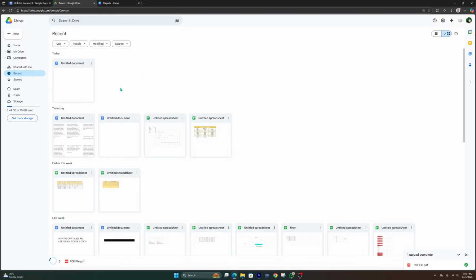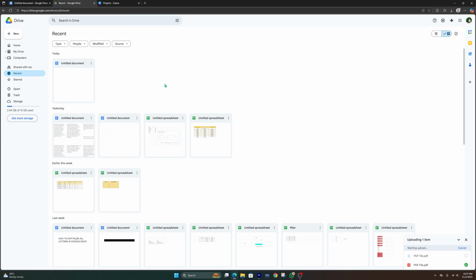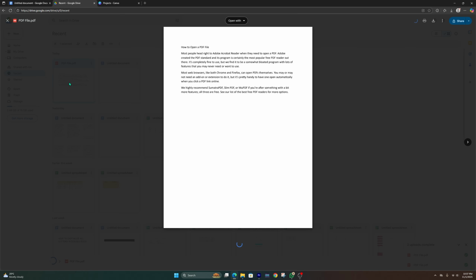Once you are there, now to upload the PDF, go to the top left corner, click New, then select File Upload. Find the PDF file you want to convert. Click on it and then click Open. You will see it start to load in the bottom right corner, and once it finishes, the file will appear in your Google Drive. Now double click on the file to preview it, then click on Open with Google Docs